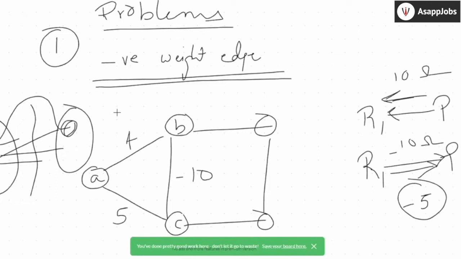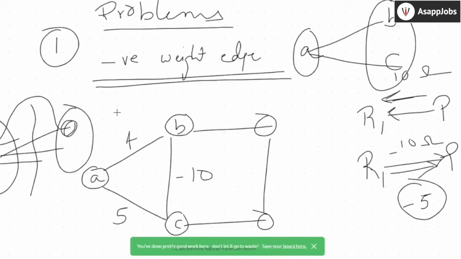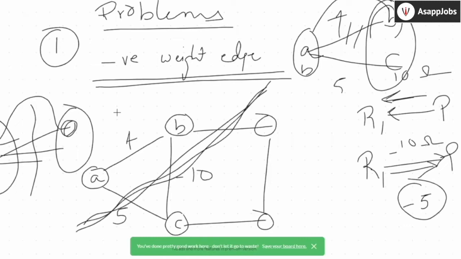But if I apply Dijkstra here, what will it do? My left side is empty, it is only A, and on the right everything is there, which includes B and C. These are the edges which are 4 and 5. I know my cut, I'll pick the minimum out of it. The minimum out of it is what? 4, right? If I pick 4, my B will go on the left. So A and B will come here, and now my new graph will be A and B. Then I'll see the cut from A and B. If I see this cut, I'll always update B to C. I'm never updating C to B, because once I pick an element, it is never going to be considered again, right? So that's the problem with Dijkstra.